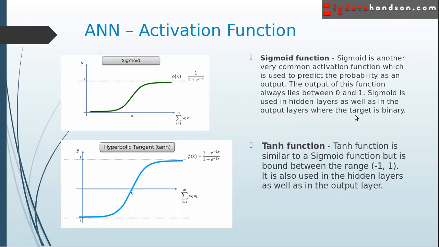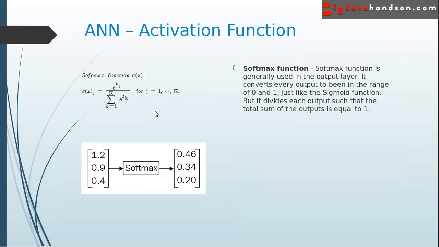And we have tanh. The tanh function is used in recurrent neural networks. The tanh function gives an output between -1 and +1. So sigmoid converts into 0 to 1, but tanh converts to -1 to +1. And we have softmax also. The softmax activation function is usually used when you have more than two classes in the target variable.